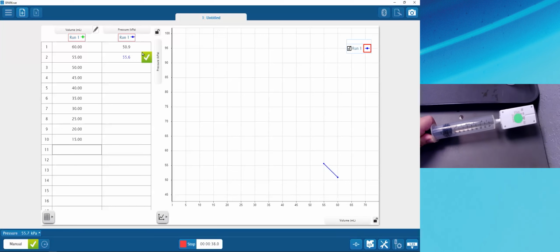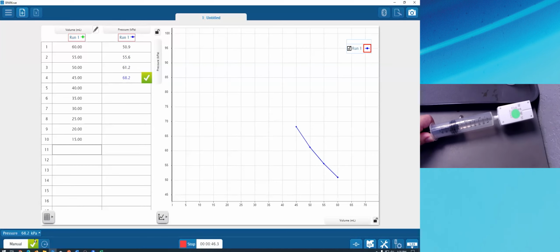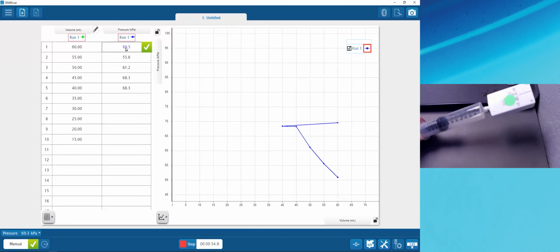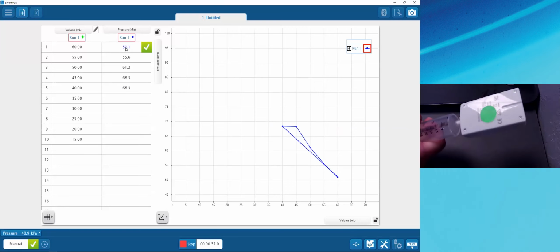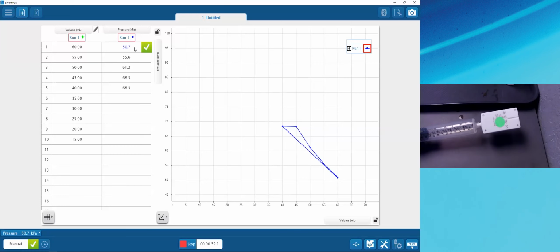And since our time is short here, I'll quickly go through. Here's 55 milliliters. Here's 50 milliliters. Here's 45. By the way, if you ever make a mistake, like double counting 45, you can go to the data point here and correct it. It looks like I might have been off by 5 milliliters here. So let me go ahead and go back to 60, and we can recollect as long as we haven't hit stop. So there's 60, 55,